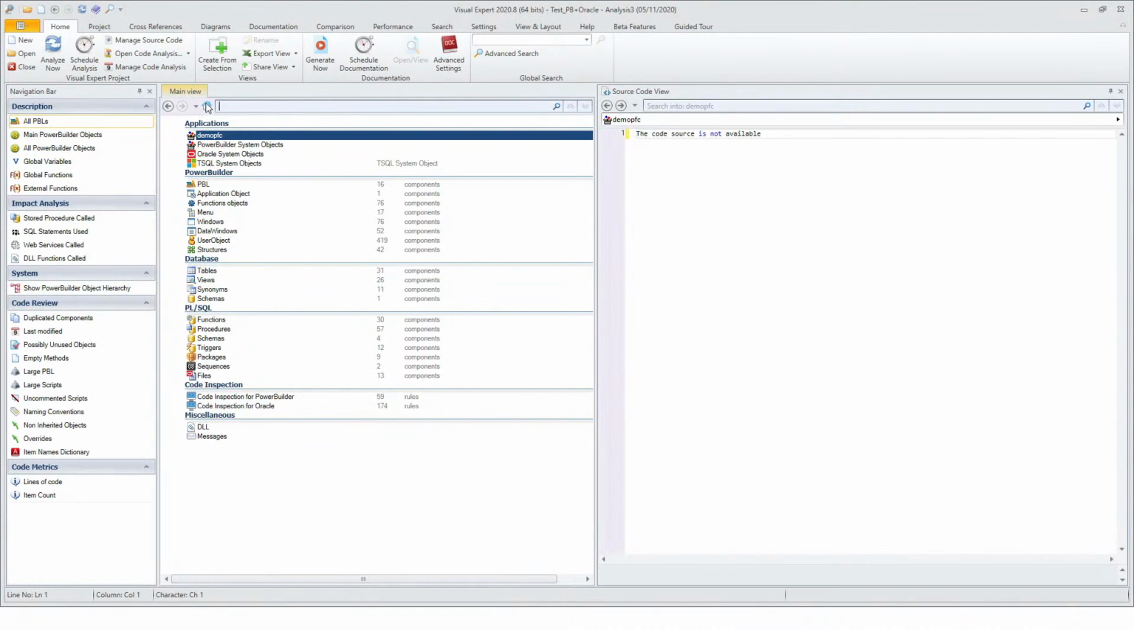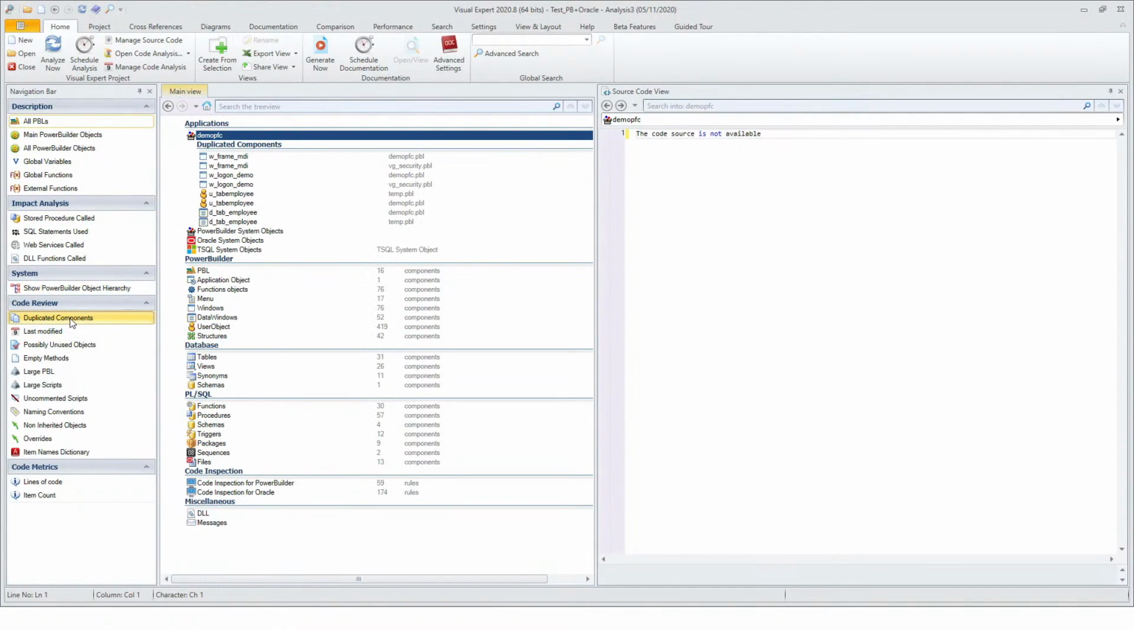So at application level, for example, you can find some duplicated objects. As you probably know, with PowerBuilder, you cannot have 2 objects with the same type and the same name. Otherwise, one of them would be ignored by the PowerBuilder runtime when the application is executing. So here you can see that we have 2 windows with the same name located in 2 different PBLs, user